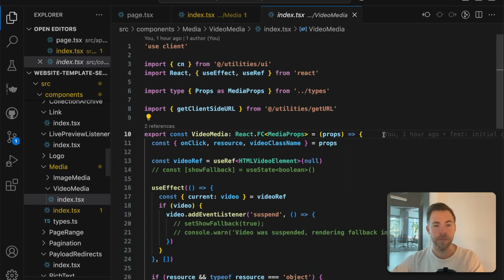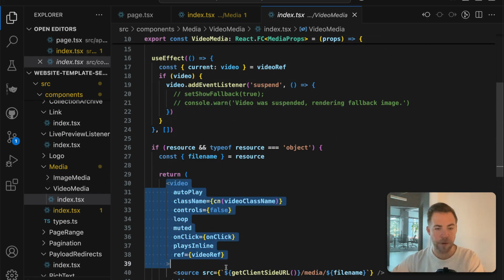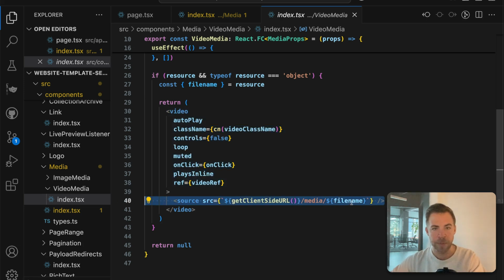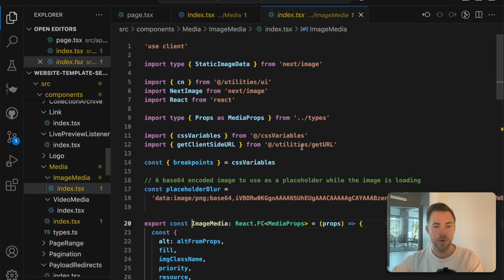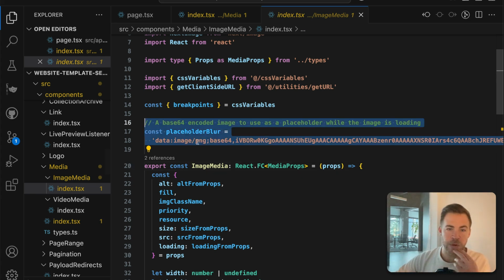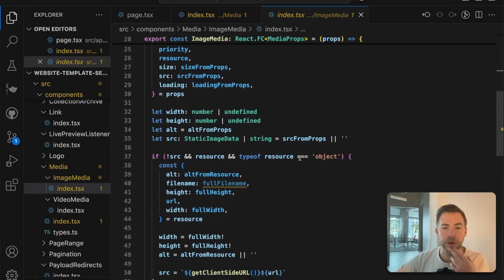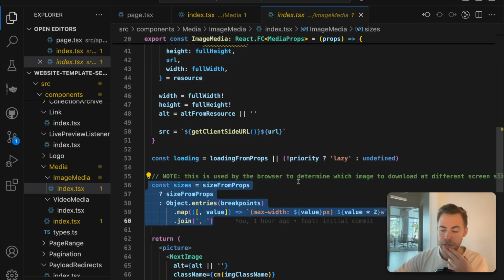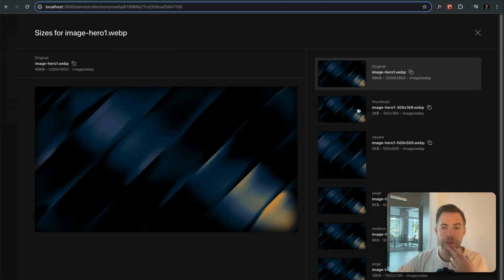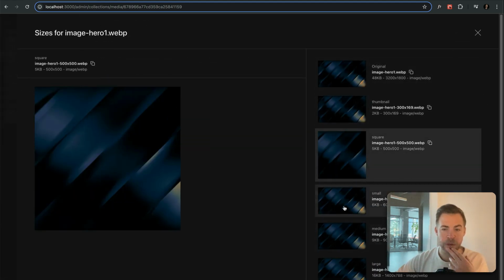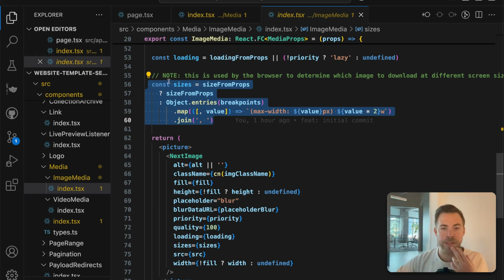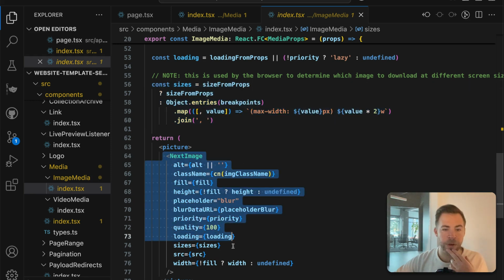So video media, right here, is going to return HTML5 video. It's going to have the source and all that stuff to the media file name. But if it's an image, we're going to do some pretty cool stuff. First, we're going to do a placeholder blur, and we're going to look at all the file sizes that we have, right? Because we have a lot of different sizes. You can see that this template comes with lots of different predefined sizes that we can render for different purposes, right? You could also just use the Next.js component to do this, but what we do is we grab the sizes and then we render it out here